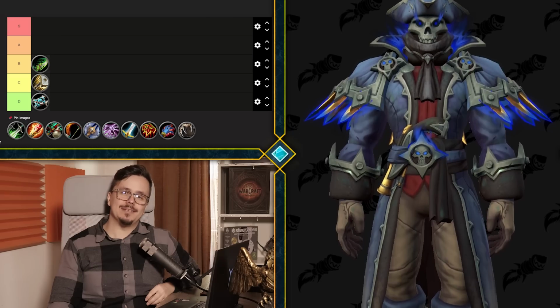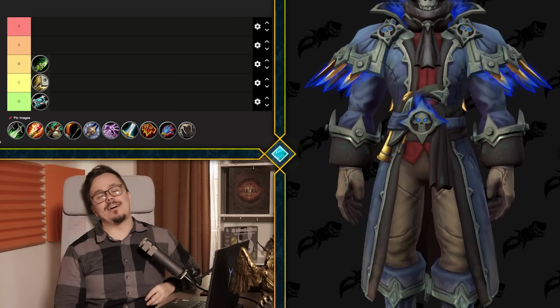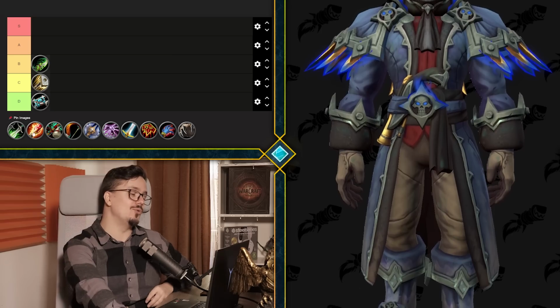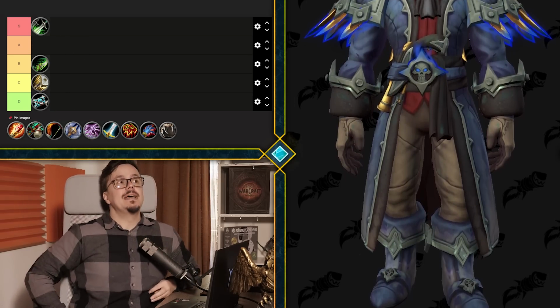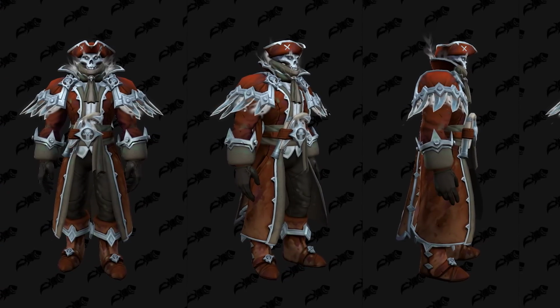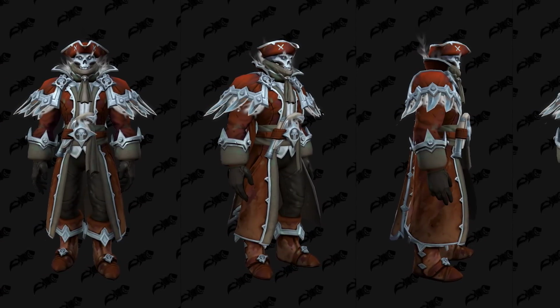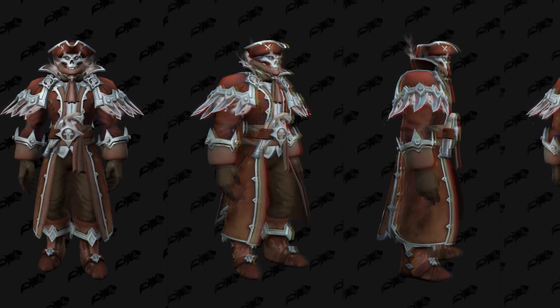Now, are you seeing this right now? Are you watching this? This is such a contrast going from priest to rogue, which I believe to this point is, if not the, one of the best sets out there. Clearly S tier. It has pirate vibes. It has clear outlaw vibes, but oh my god,